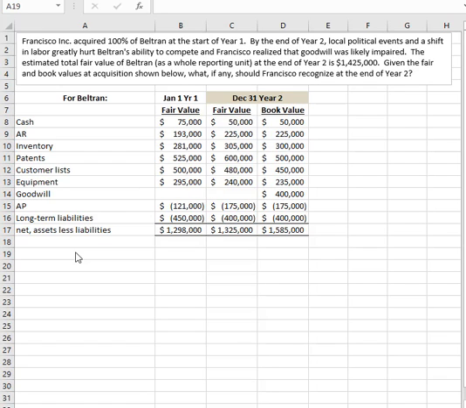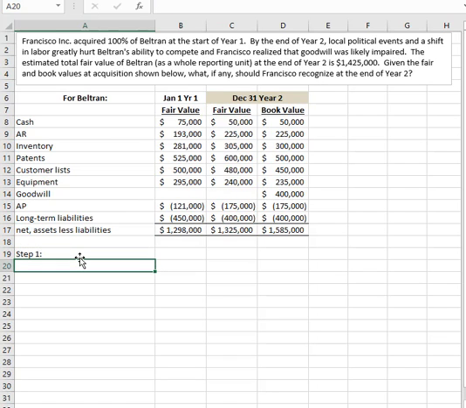So we're going to check for goodwill impairment on this firm. There's been a triggering event. There's been political changes that have hurt the company, and so they think there may be a possible problem. And there's a two-step process for testing for goodwill impairment. So step one,